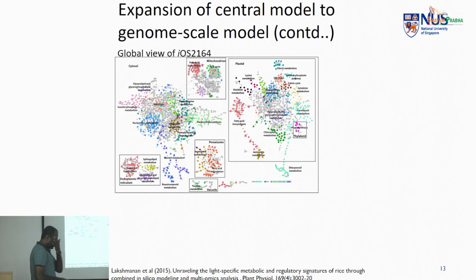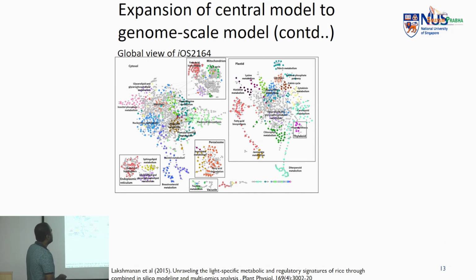Okay, so we got some insights from these rice plants in the smaller model, right? But it was not able to provide any information about the secondary metabolites, which are a large family in plants in general. Because of that, we wanted to establish a genome-level metabolic network to understand the secondary metabolic pathways particularly, and how different light or other stresses are able to control the transcription of different pathways.